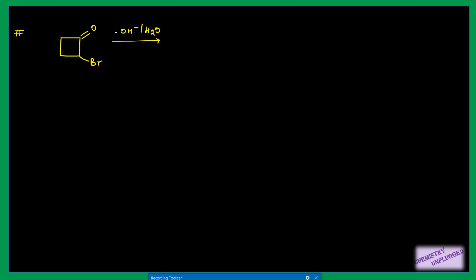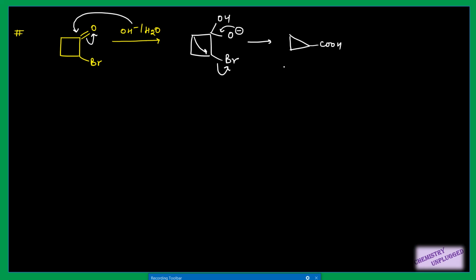Suppose it is a benzilic acid rearrangement: this OH minus should attack on this bond, and the bond will shift here, right? This is the normal reaction. Then in the next step, this negative charge will come back to its position, so this carbon has to migrate here and Br will be removed. We will get this type of product.